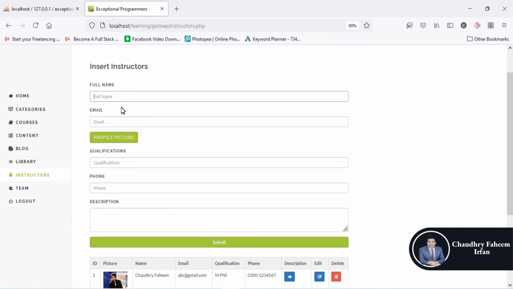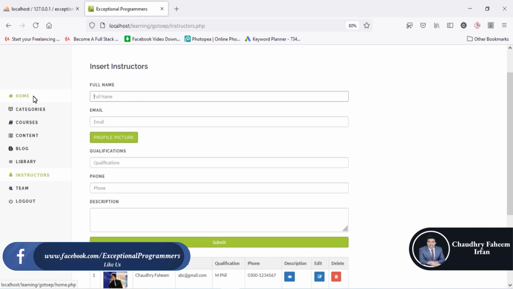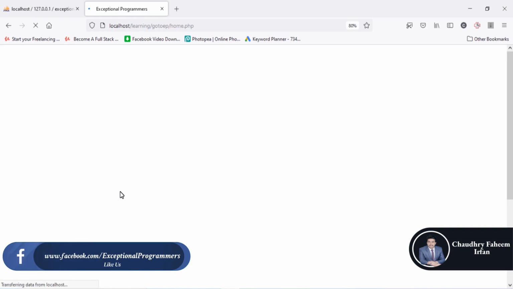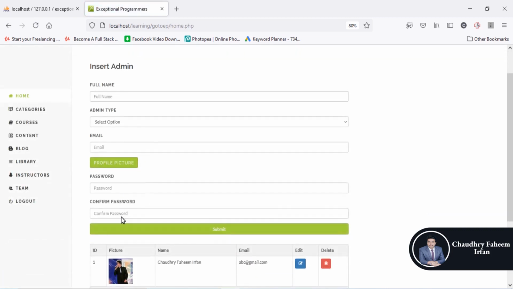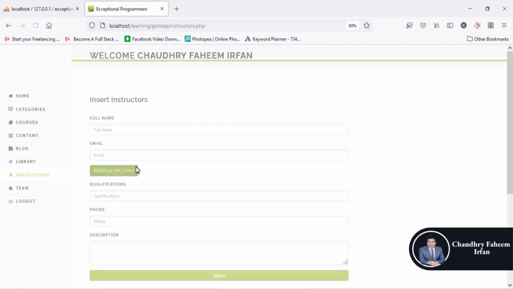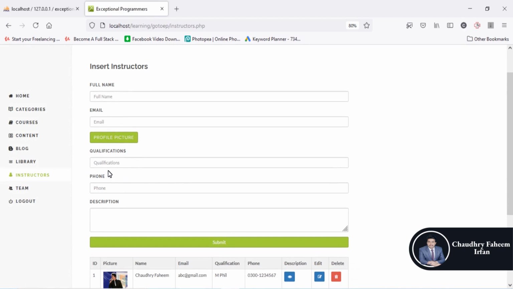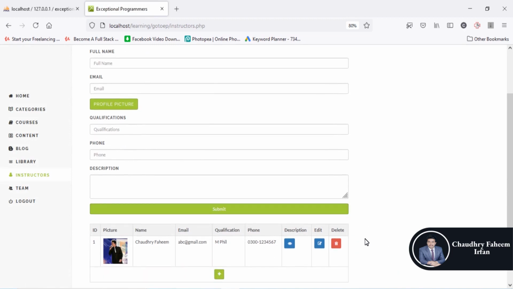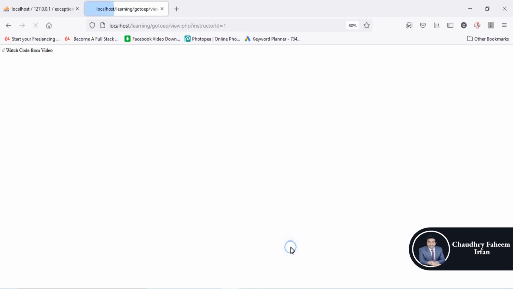You can fill the name, email, profile picture, which is almost similar to the admin. Here is the password and admin type, but in instructors we have some extra features like qualification and phone. Description: here you can view the description of the instructor.